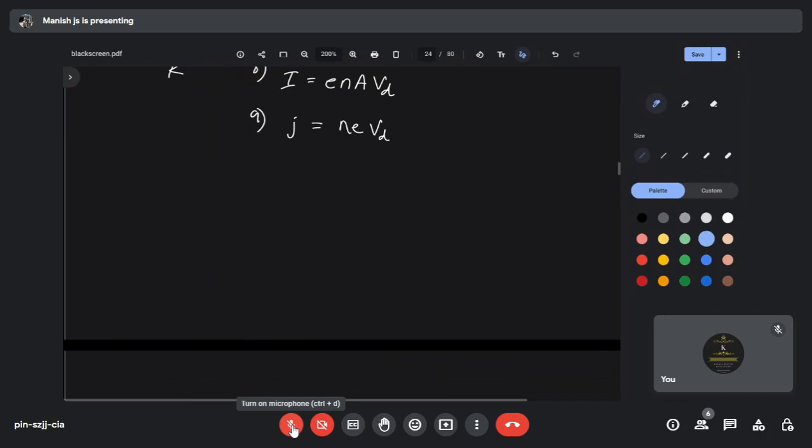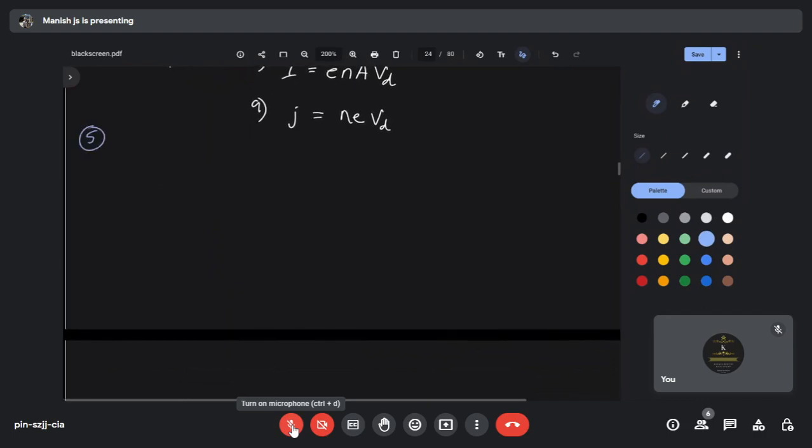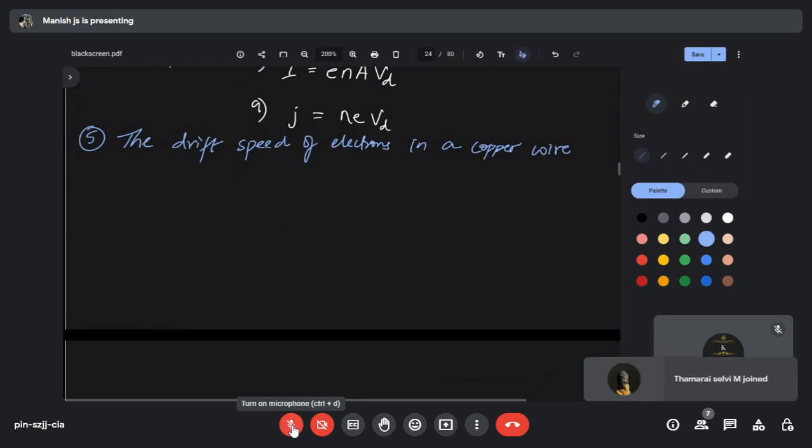So here comes the question. The drift speed of electrons in a copper wire, the drift speed of electrons in a copper wire